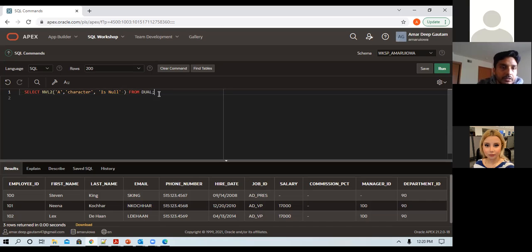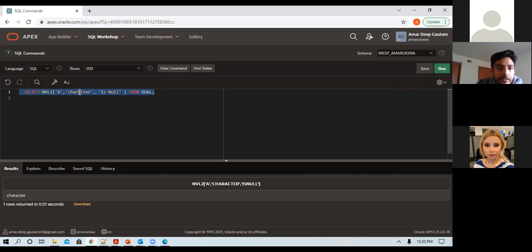Right now, the first argument is not a null value, right? So when we select, if it was a null value, let's say, so this is just an extension.